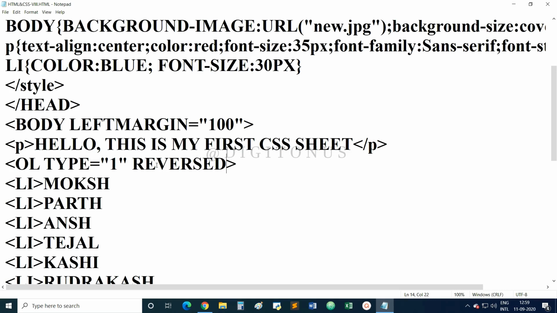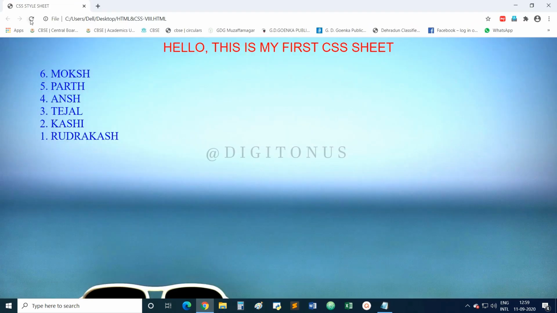Fine. Another thing we have learned is if we want to start our list from a specific number. Suppose I want to start my list from number 10, then we have to use an attribute, that is start. Start equals to 12. I have written here, so my list will start from number 12, 13, 14, 15.